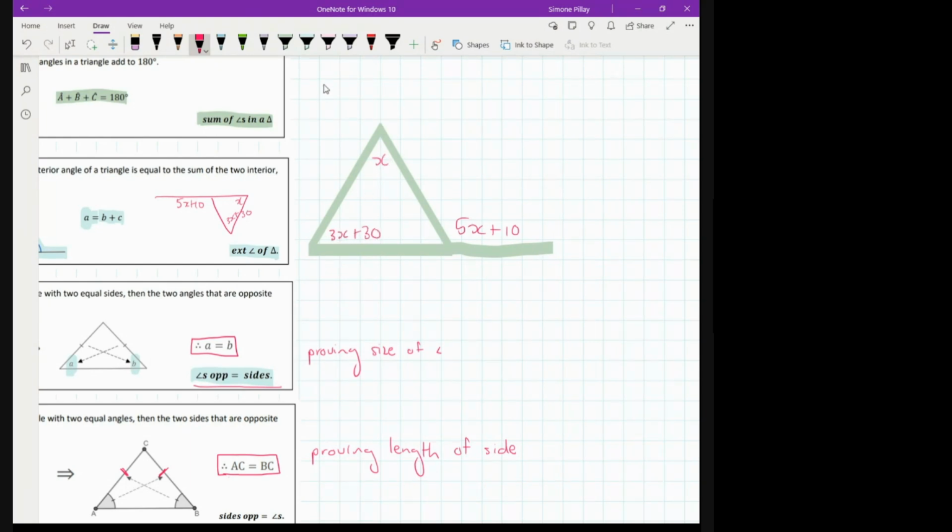What you need to know is that this is my exterior angle. What do I know about my exterior angle? I know that my exterior angle is equal to the sum of, and the sum of what? The two interior but opposite angles, 100%. And so I need to add up those interior but opposite angles. Now that I've set up my equation, by the way, with my reason here being exterior angle of a triangle,